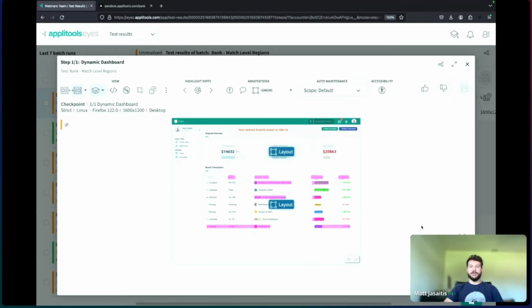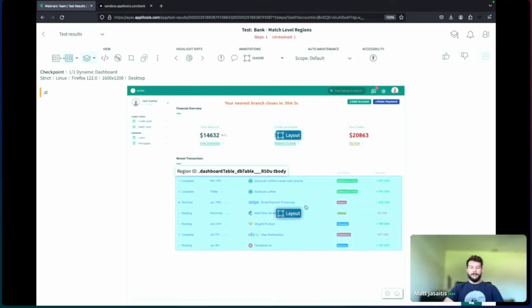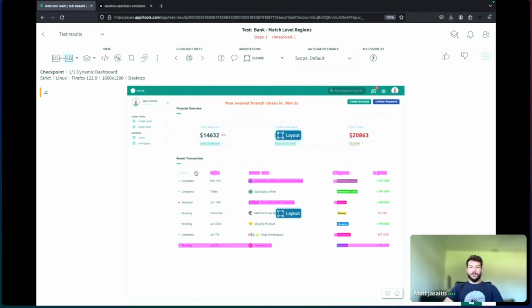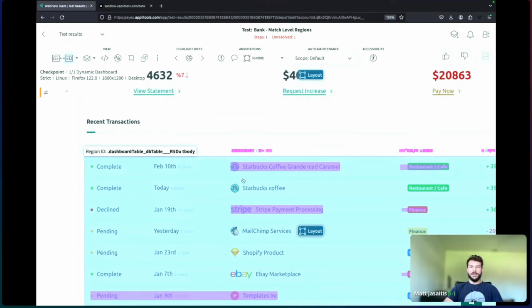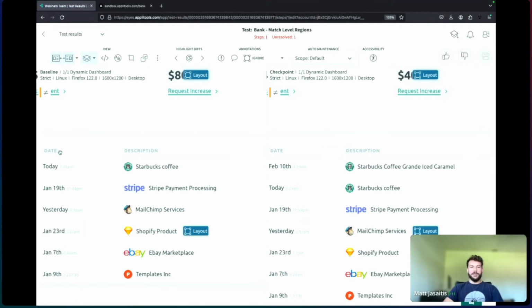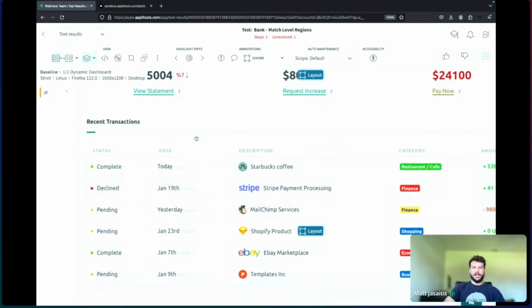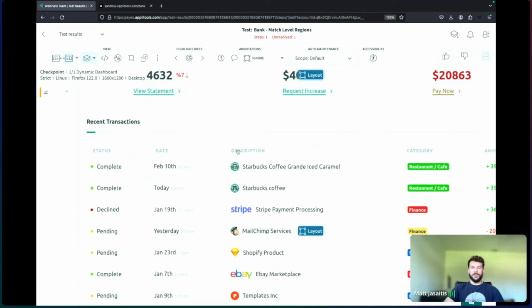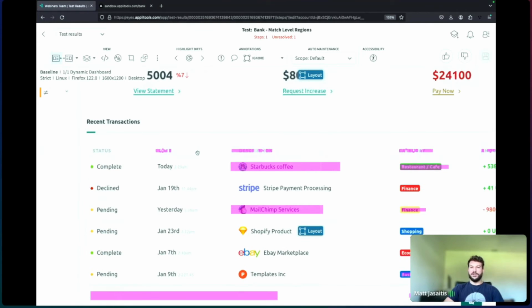which is coming back as unresolved, we'll notice that, let me zoom in on this to make this really clear. So I'll take the differences off for now, but if I toggle between the baseline and the checkpoint, you'll notice that these headers are sliding back and forth. And now that our layout region is not covering them, we're getting differences flagged because they're shifting side to side,